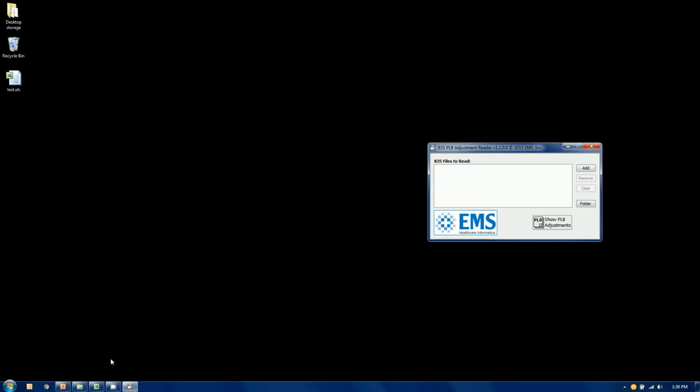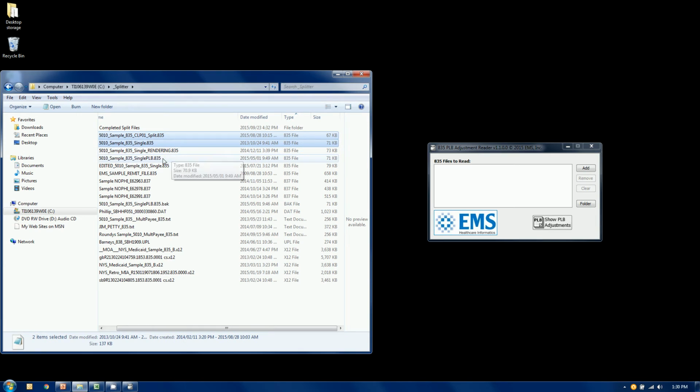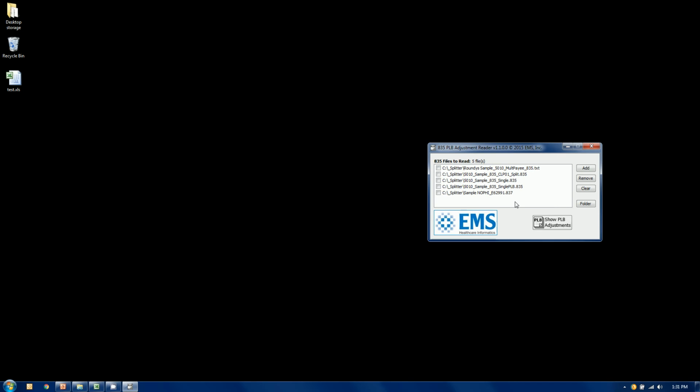And I'll show you the second method, which is how you can read files. You can call up Windows Explorer, and using your control click or your shift click mouse function, which are standard Windows selection functions, you can drag them into that window. Once again, we don't really care. This one hints it might be an 837, but it really doesn't matter because the software will tell you whether or not